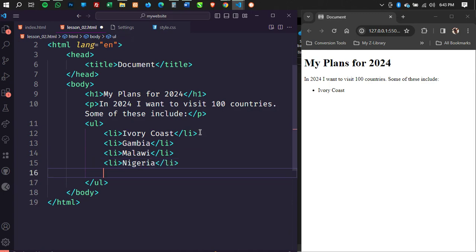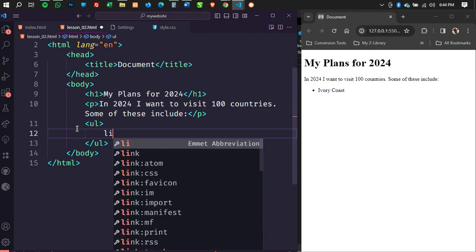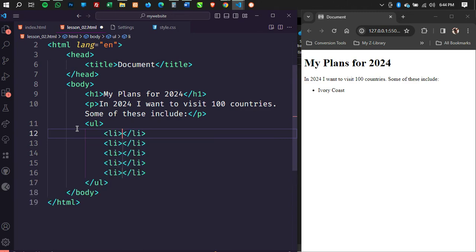And then let me show you one quick trick in VS Code. If I want to list a whole lot of elements, instead of listing them one by one, I can just go li star 5. And when I press enter, it's going to create 5 list elements for me. So I don't need to type them one by one. So I can say Ivory Coast.